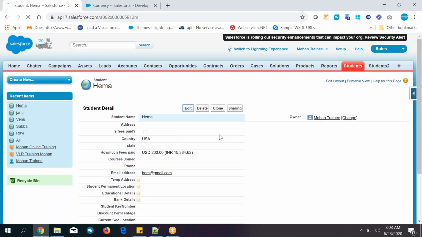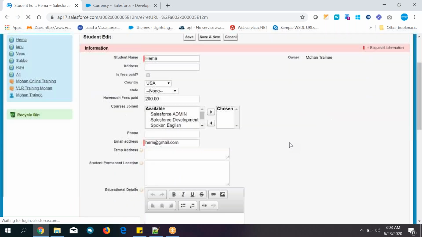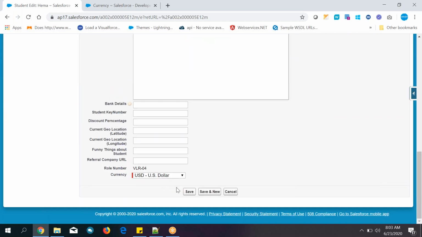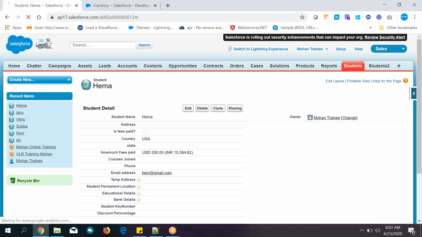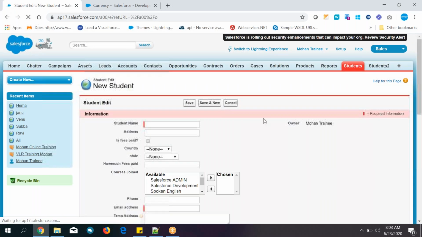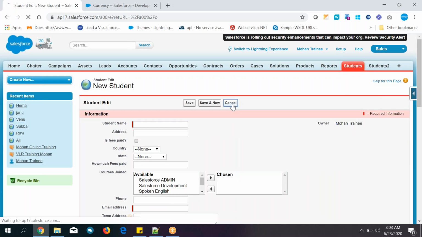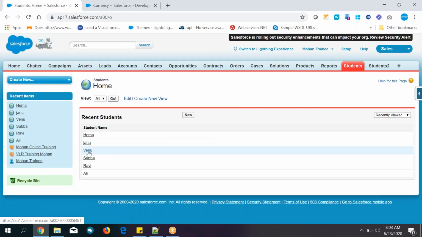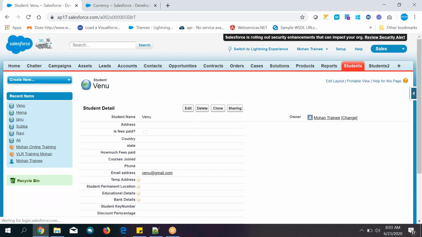Okay, and edit this one. 200 US dollars, save it. Okay, Indian rupees, one second, it is already. So click on the new one. Wait, let me go to any record.